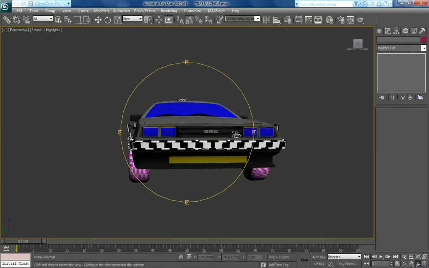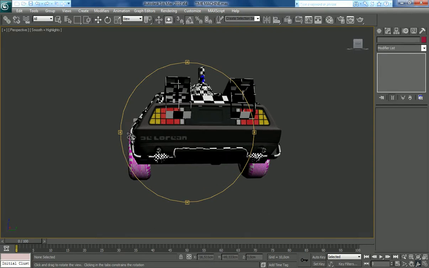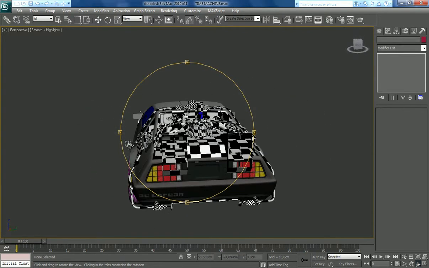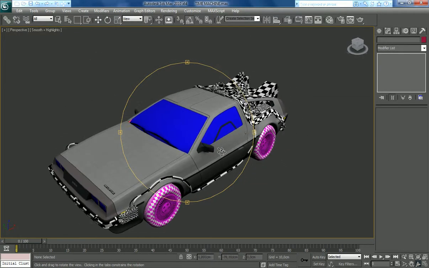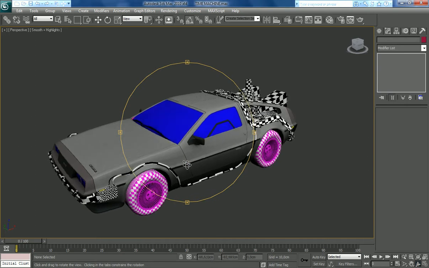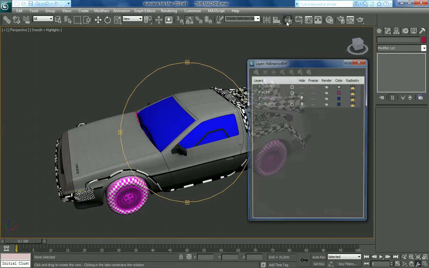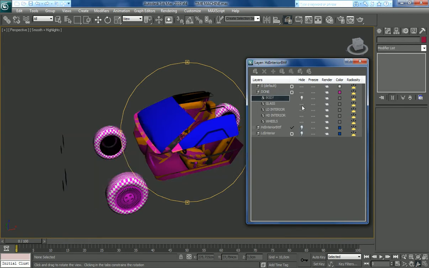This car will not be part of the classic car mod. I guess we will release it as another car, not as part of the single car pack with Back to the Future. I don't know, maybe some kind of